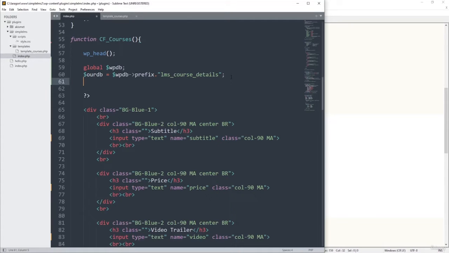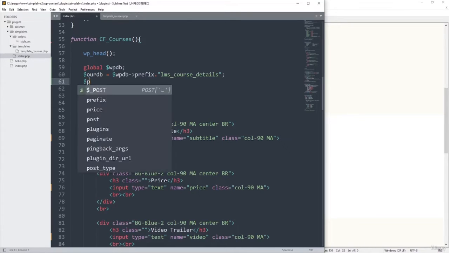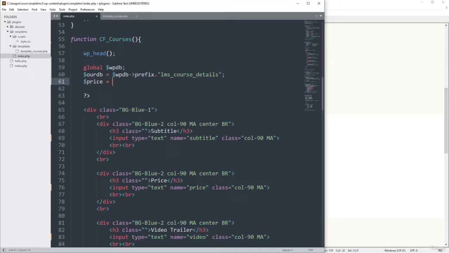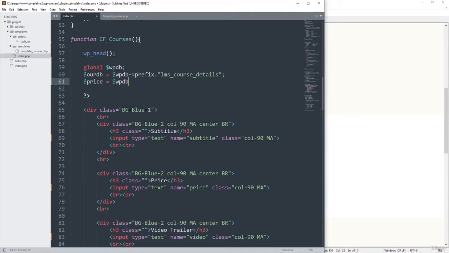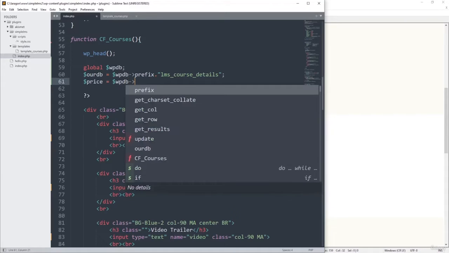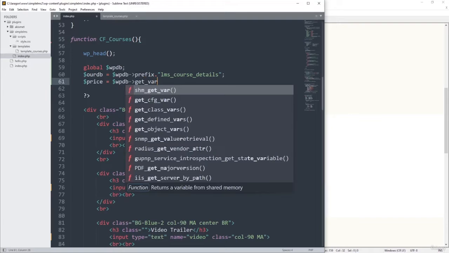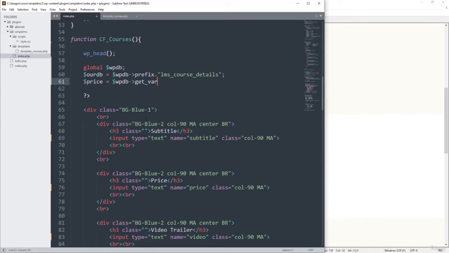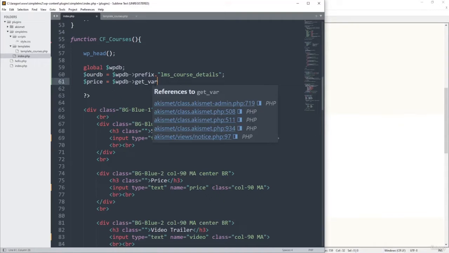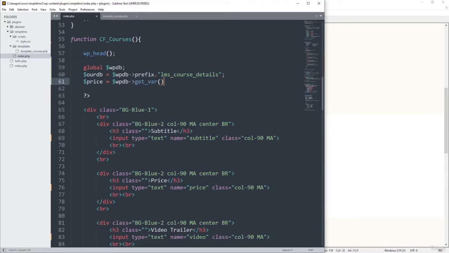So we need to write, for example, a variable price. Let's set it to the following. I'm going to start again with wpdb, and let's set it to this. We need to get var, get variable. All we need is just one variable. In case you need to get the entire row, in that case you need to set get column. In our case we just need one variable, so let's set it to get var, and let's open the parentheses,